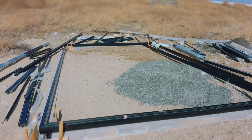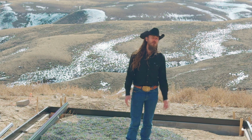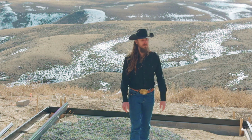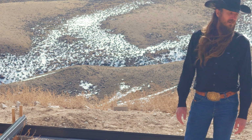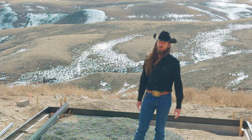And in the midst of that, I was frustrated, I was bummed, but I thought, I don't even really know how to grow food. So I figured I should probably learn how to grow food, especially in this region of the country where it's so tough to do so. I thought I'd better reach out to somebody who was the best of the best and knew what they were doing. Well, I found my buddy Zach, an unbelievable farmer from right here in Wyoming who's been doing it for years,